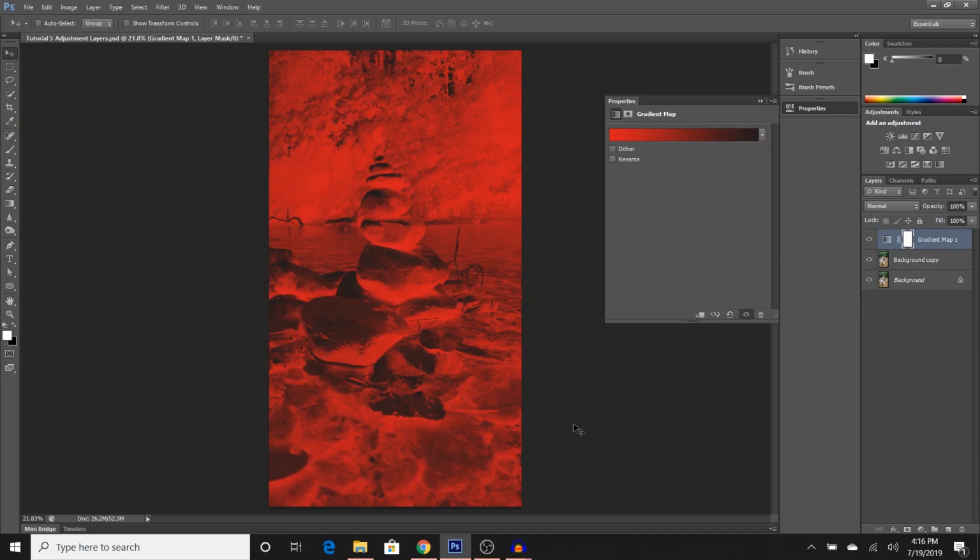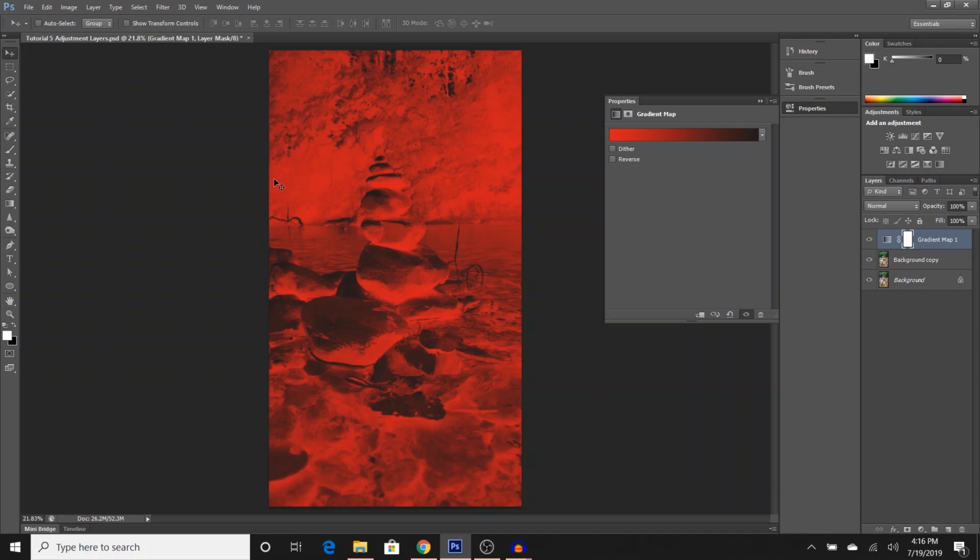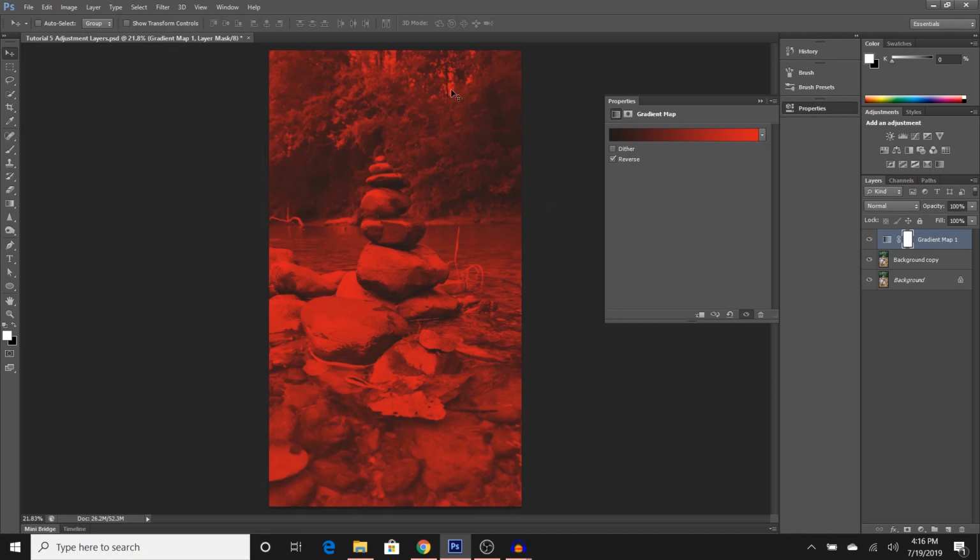Now this looks like a negative, but a red and black toned negative, which is super edgy, super cool. That's the look you're wanting to get. But when you get to your gradient map, notice this reverse check tab. If you select the reverse, it's going to give you the reverse of that image. And if you remember, the reverse of a photograph is your negative. So the gradient map will provide a negative version of this gradient map overlay, and then you can reverse it, giving you this tone, this tonal